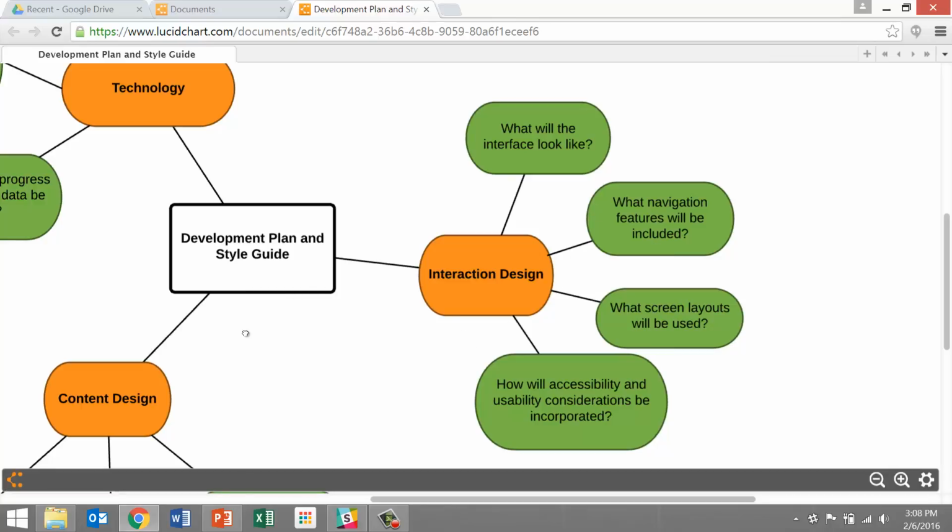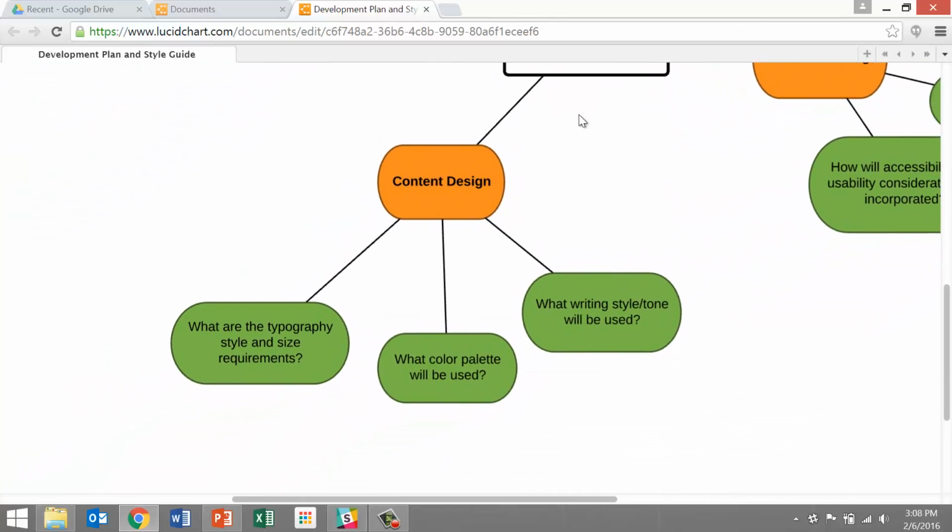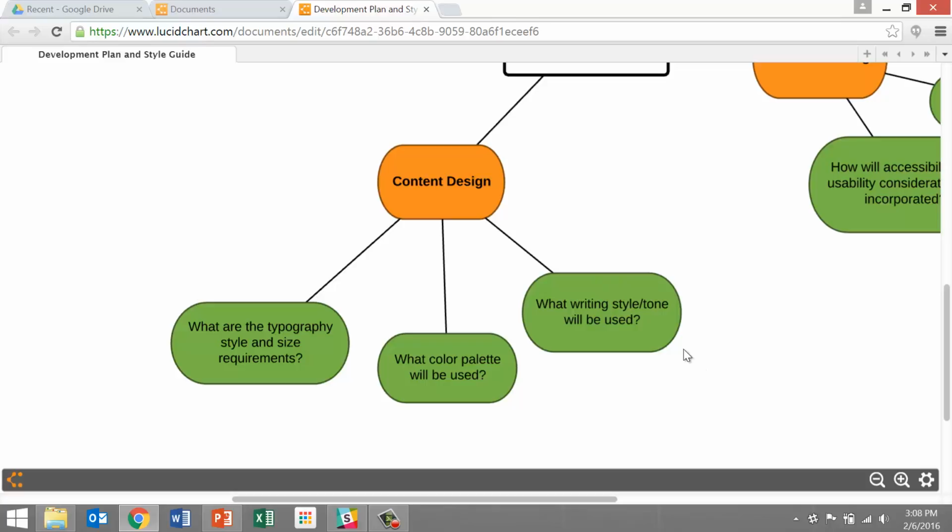And the final main area is content design. And I recommend 3 basic questions here, although there are many more in each of these. But one might be, what style or tone will you use when you're writing your content? What sort of color palette will be used, and how are those elements repeated and reinforced throughout the material? And what are the typography, style, and size requirements that you might be dealing with? In other words, what sort of text will be used, and how is that going to be conveyed to the